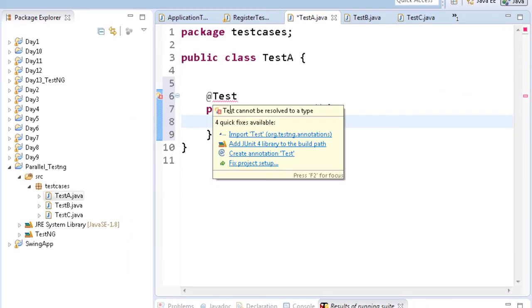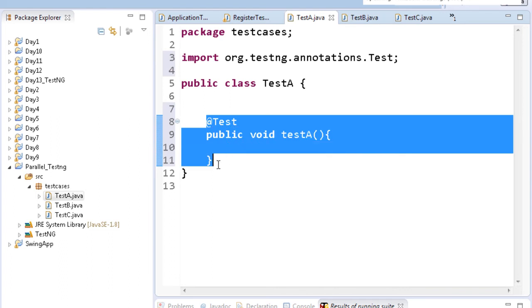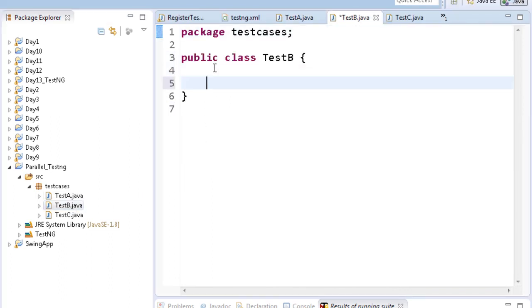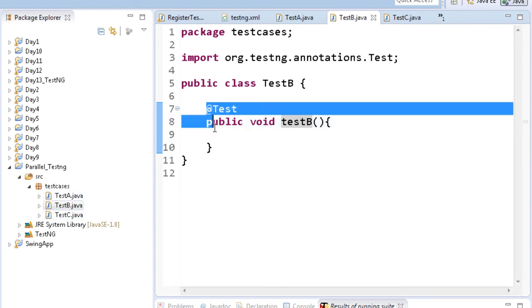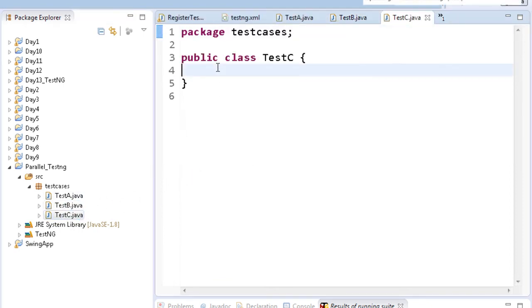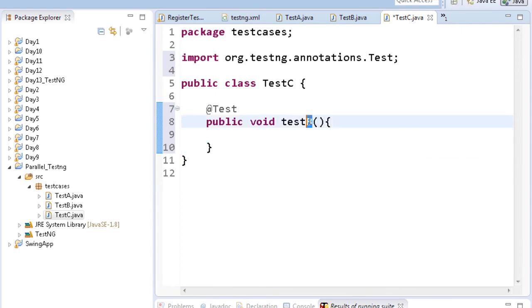Add the TestNG library, import the Test annotation. In TestB I will put testB, and in TestC I'll write testC.